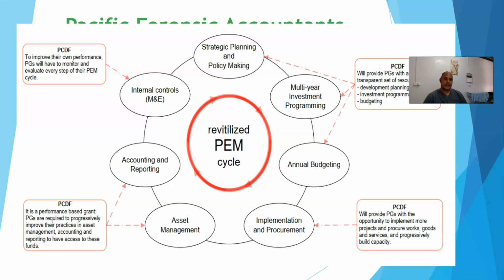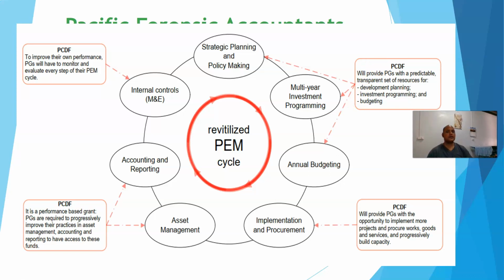This is a cycle that allows us to start thinking about acquiring or building an asset, for example. So building or acquiring an asset, for many organizations, the process is different. Here is a process of one of the organizations that I serve as a consultant. It begins with at least some planning at the policy level, as well as some planning for multi-year investment programming. Remember, sometimes we build assets, and these assets have to flow into more than one year.